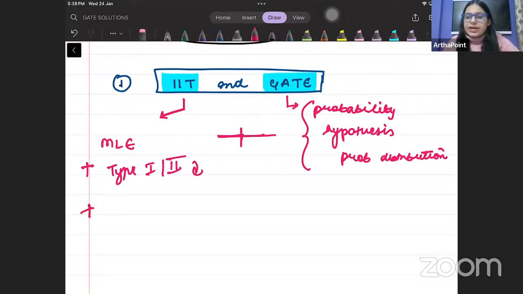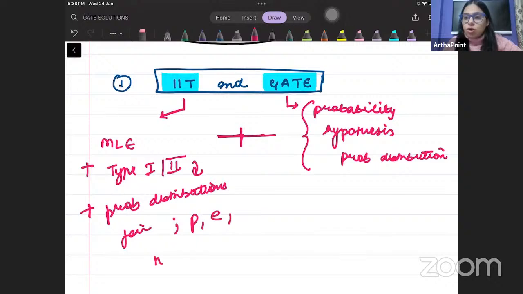And there have been questions asking in detail about the probability distributions. You will see questions about the characteristics of probability distribution, and questions about joint distribution, Poisson, exponential, normal distribution, everything in detail has been asked in IIT. So when we dedicate 2 days to statistics, the aim is to revise each and every topic, whether it is related to GATE preparation or IIT preparation, in such a way that we are able to answer questions related to everything.